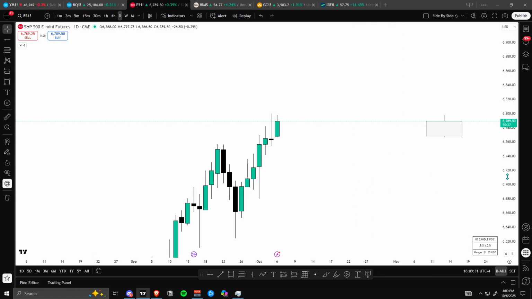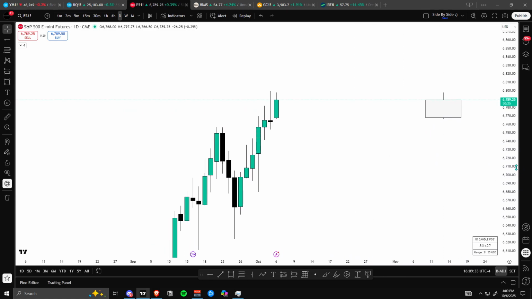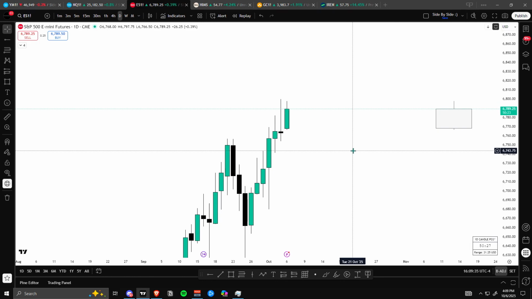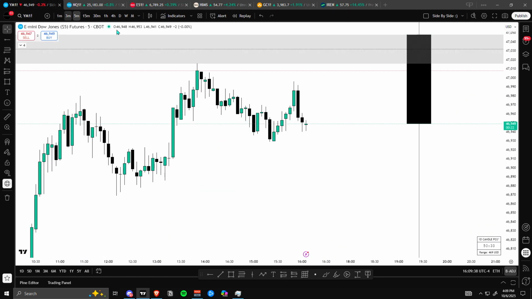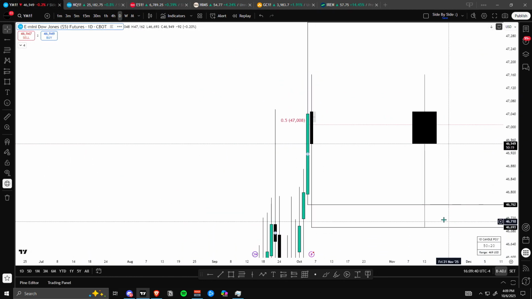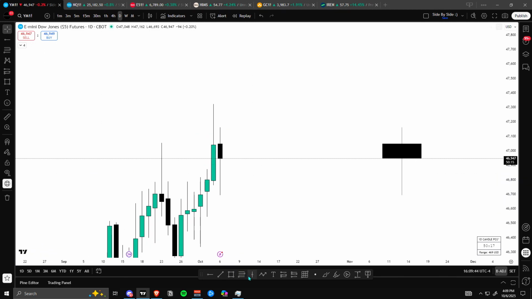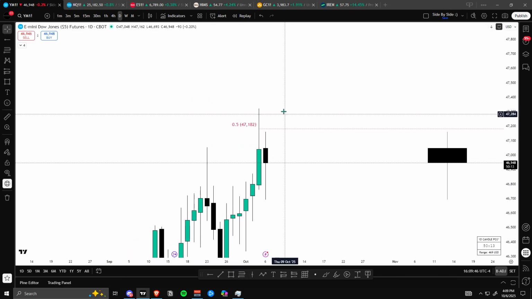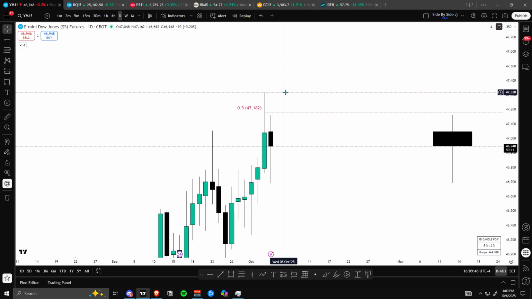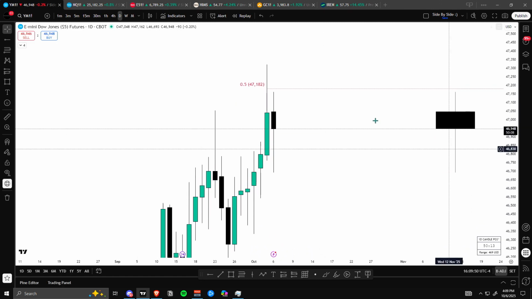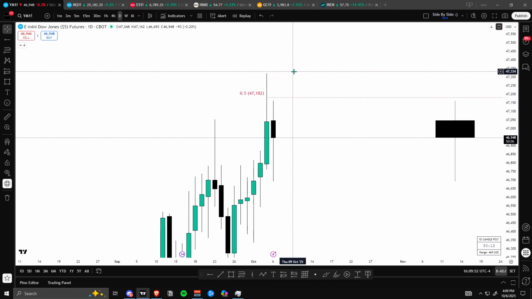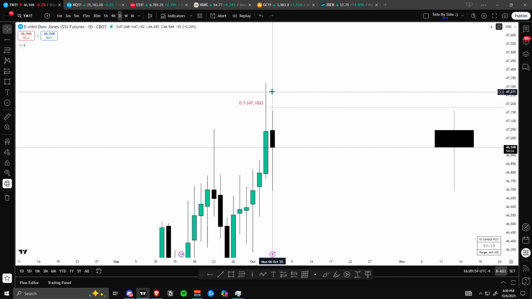Alright, top-down analysis. Daily really didn't tell me much other than the fact that I was actually trying to short YM first just because it was the only index that actually respected the 50% of its wick from Friday. So this is normally where you want to frame a bearish day from. This is what I mean by aligning a bearish daily profile.